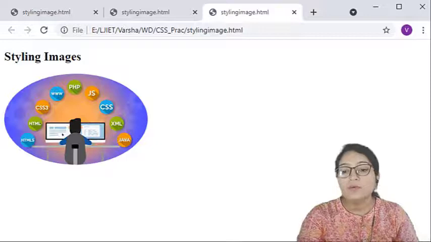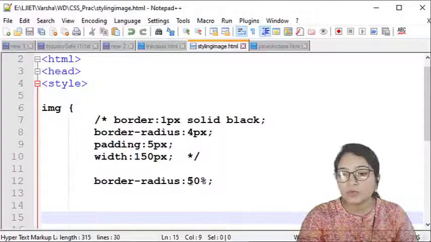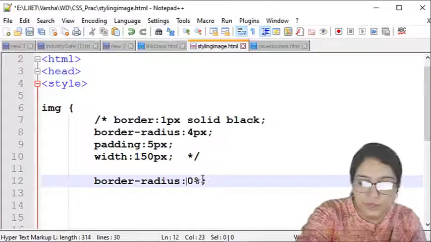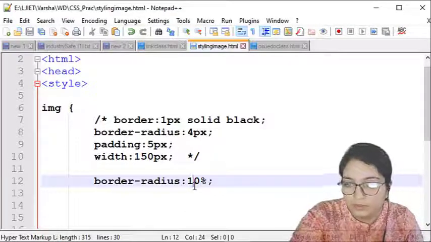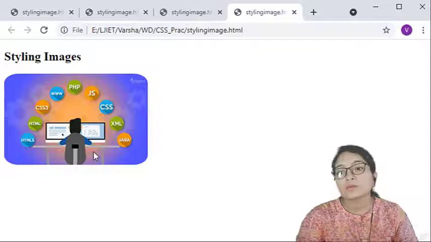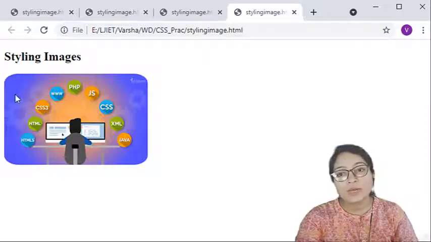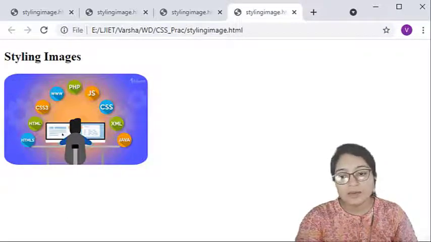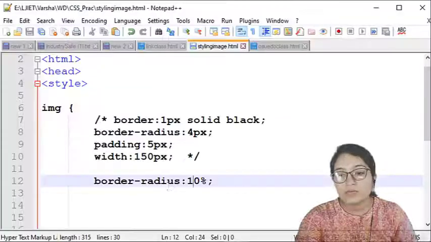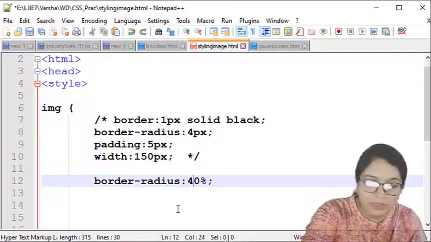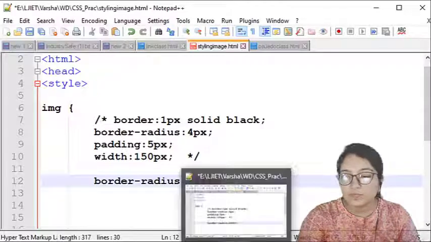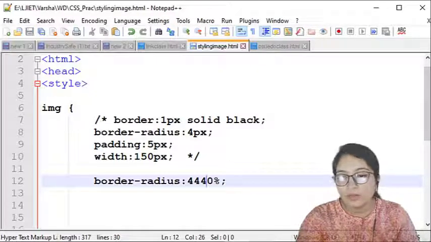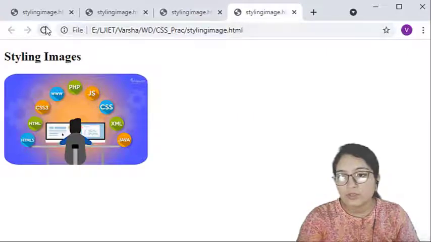Now just change it over here. Suppose I am defining it as 10%. The edges are less rounded, and if you increase the value, suppose I increase it to 40%, let's see the output of this. Just save this value and refresh the page.